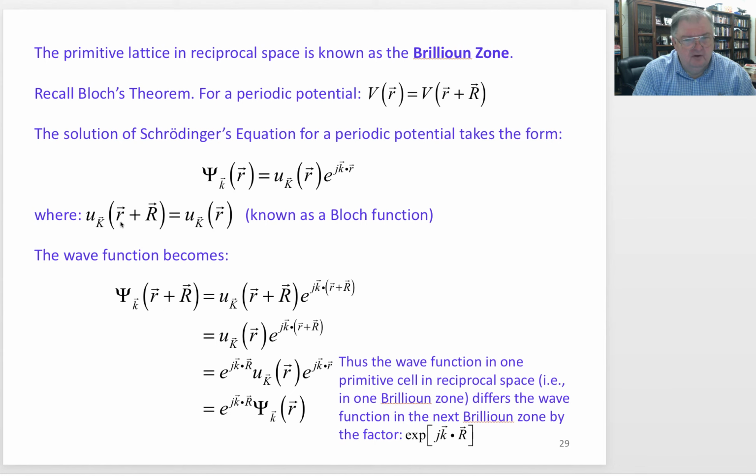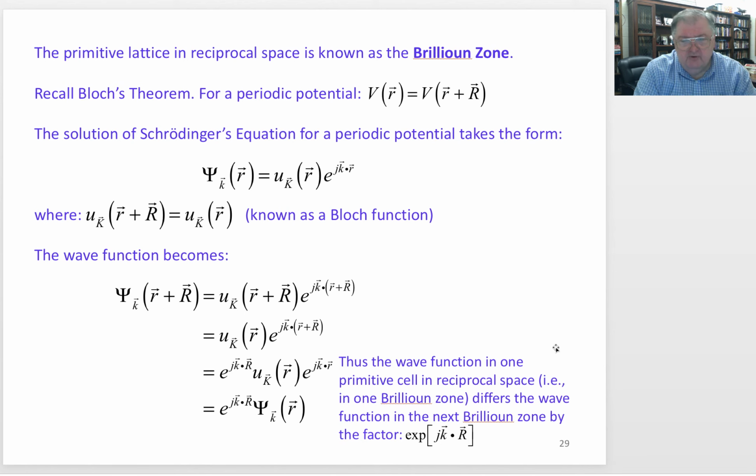U of little r plus big R is the same as U of little r. So what this becomes then is if we take our Schrodinger wave function and examine its periodicity, what we see is what we would expect to see. If we take the wave function, replace little r with little r plus big R, and then substitute and do the math, we get, as we should for a periodic function, our same wave function back again times a phase shift factor of e to the j k